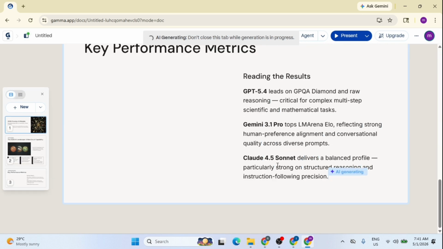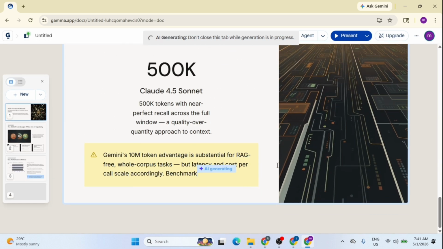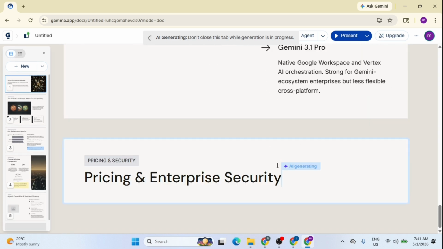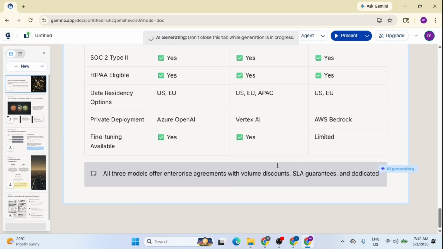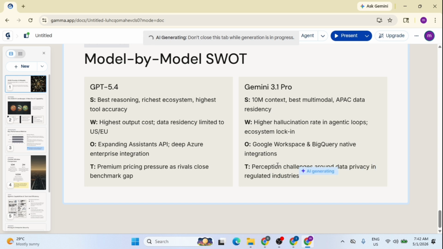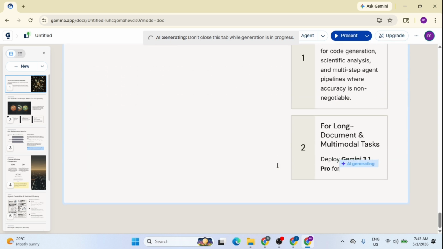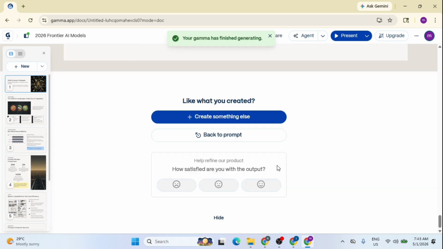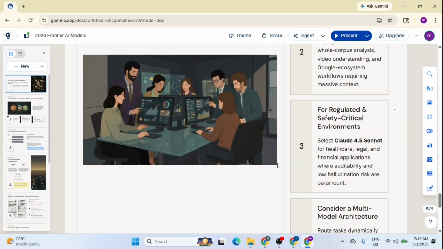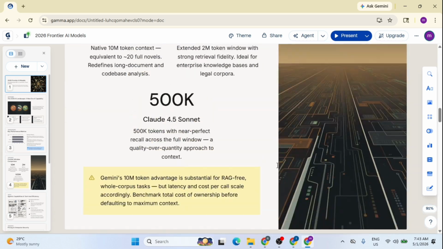I can watch in real time as it creates the executive summary, followed by slides for key performance metrics and context window comparisons. It's even generating a detailed pricing and security table, along with a full SWOT analysis for each model. Once the generation is finished, I can go through the slides and start editing or changing the content as